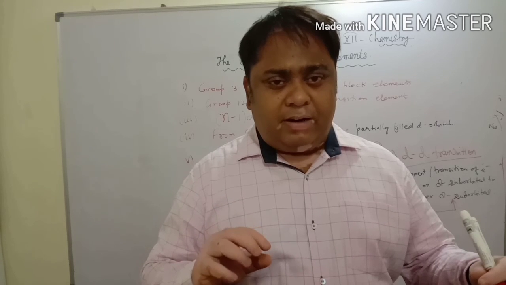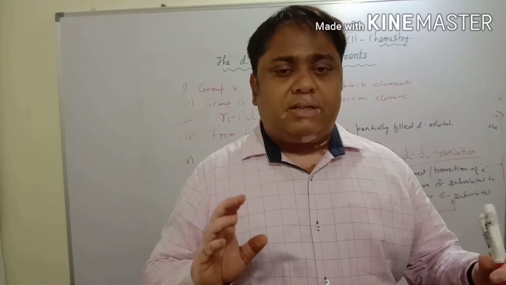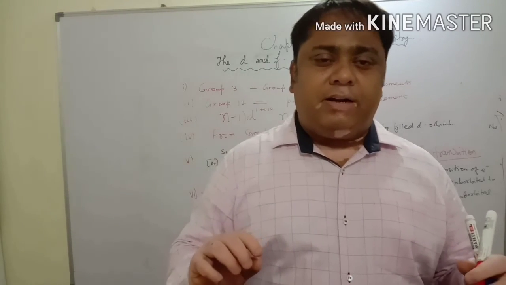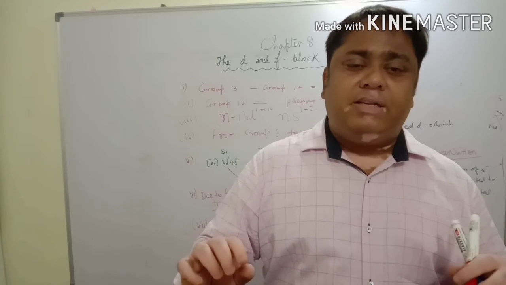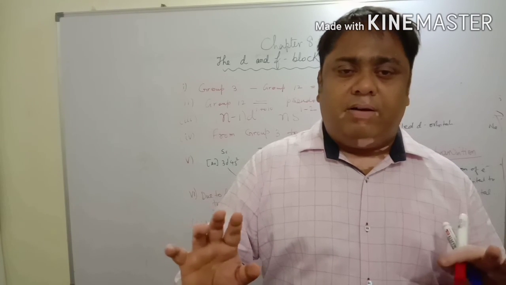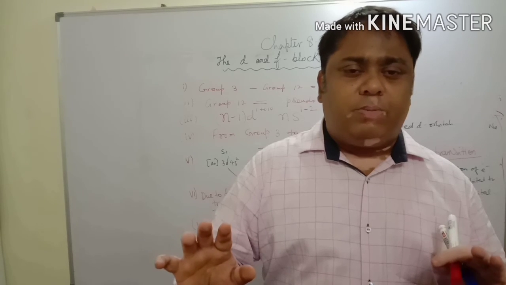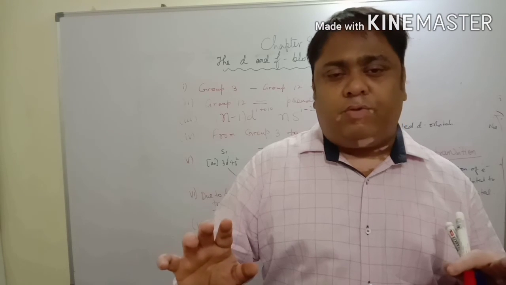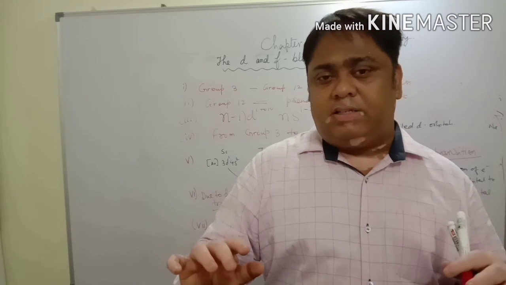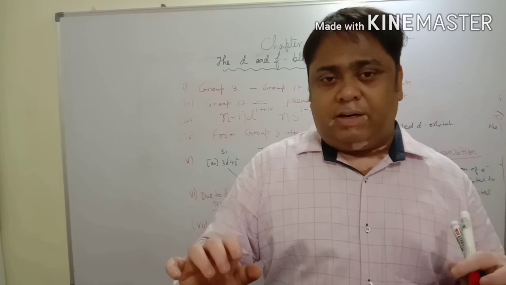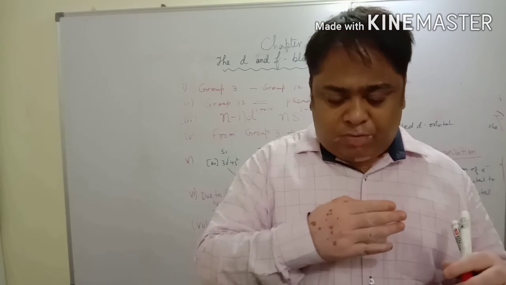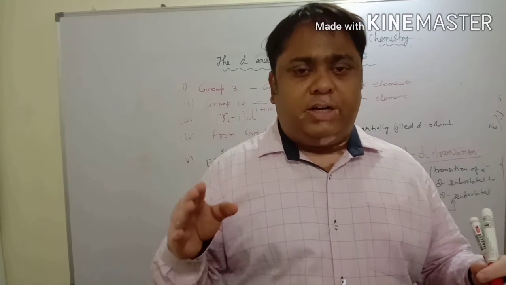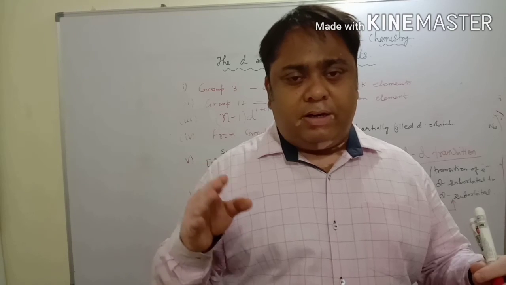If you compare iron and zinc, zinc has a completely filled d orbital, so it is so soft that you can cut it with a scissor. But iron has a nearly half filled d orbital. As a result, the unpaired electrons form strong bonds with the adjacent kernels in the metallic crystal. So if the number of unpaired electrons increases, then the strength of the metallic bond increases. If the number of unpaired electrons decreases, then the strength of metallic bonding decreases.